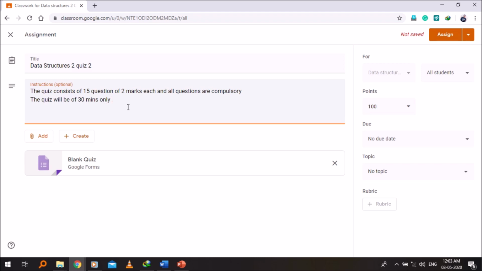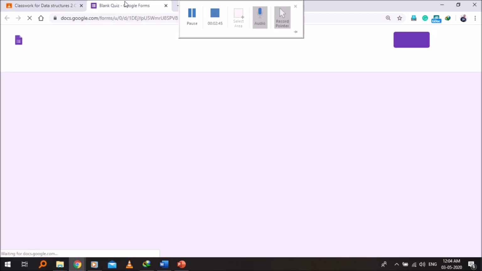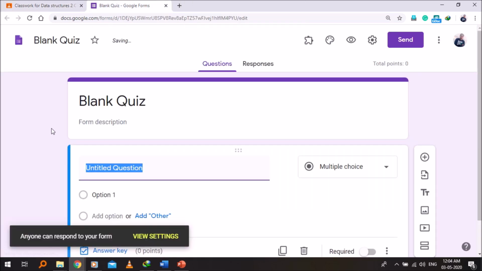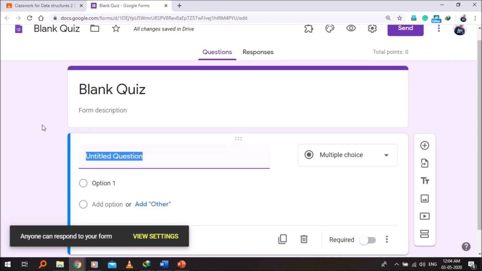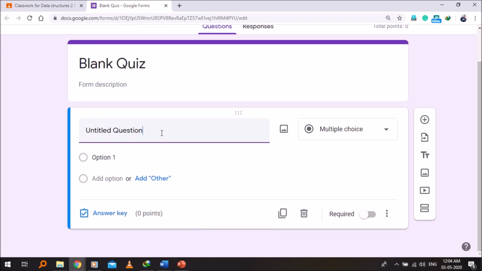So it is not yet posted, but we can edit the quiz form. When we click this blank quiz button, a new quiz will be opened in Google Forms, and here we can write our questions.